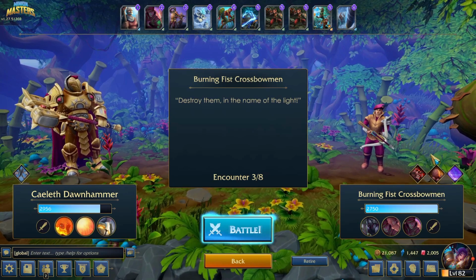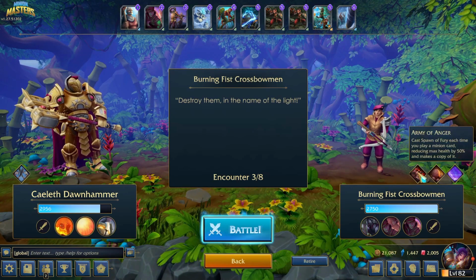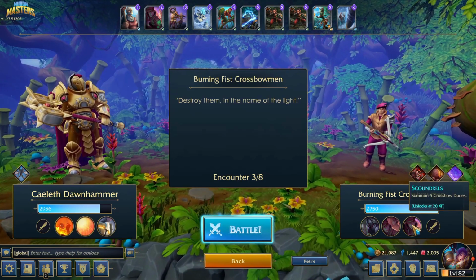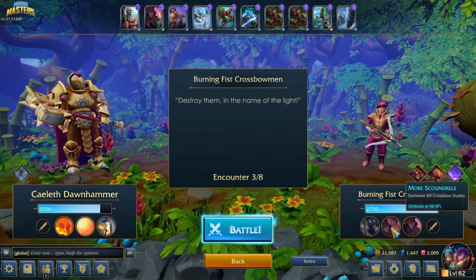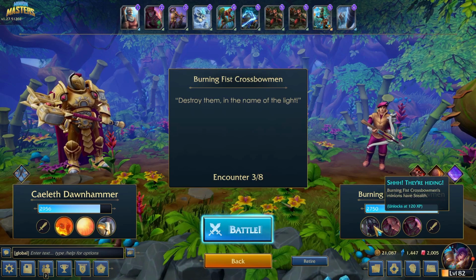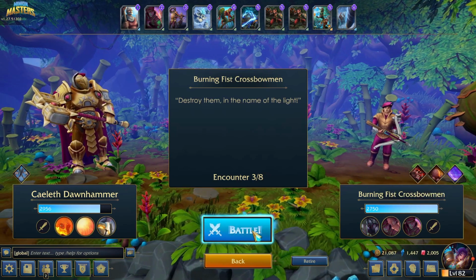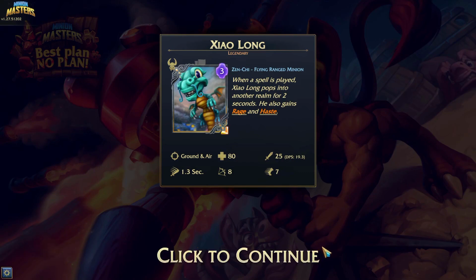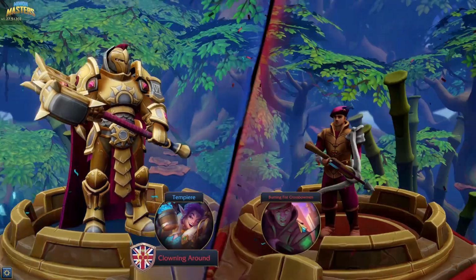And we're up against Burning Fist Crossbowmen, who have Mysterious Eggs and Army of Anger. So they're going to be pretty strong. They have their thing, by the way. Every time they level up, they just summon 5 crossbow dudes, then 20, which is pretty horrible. And then they all have stealth when he reaches third perk, but hopefully we can kill him before then. But yeah, the second perk, I've actually run into this guy quite a lot when I've been trying to complete this,